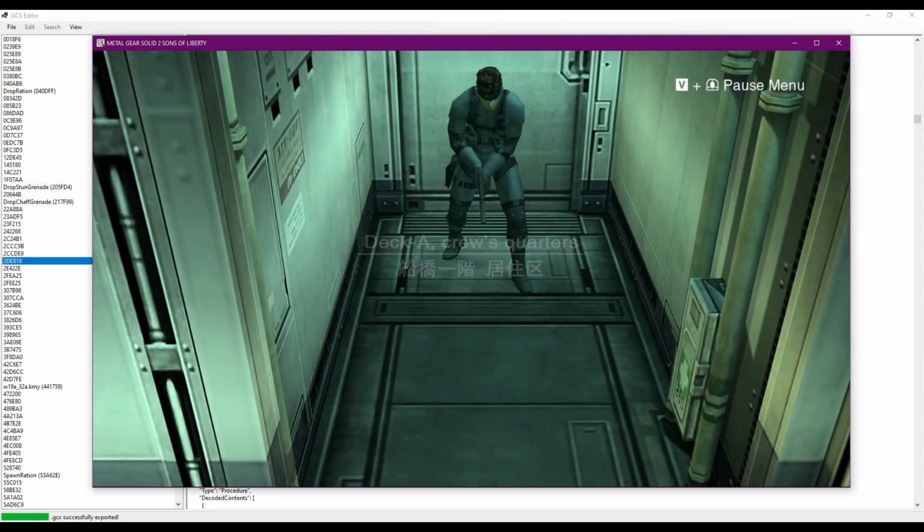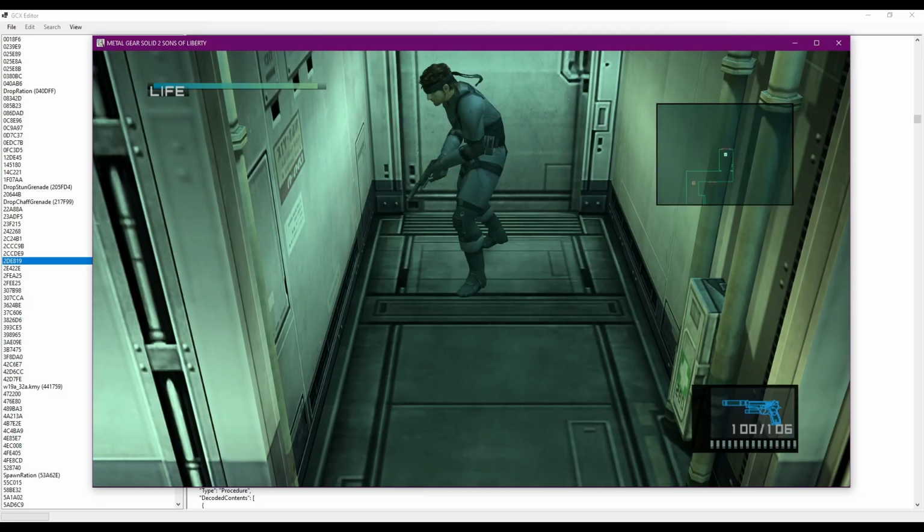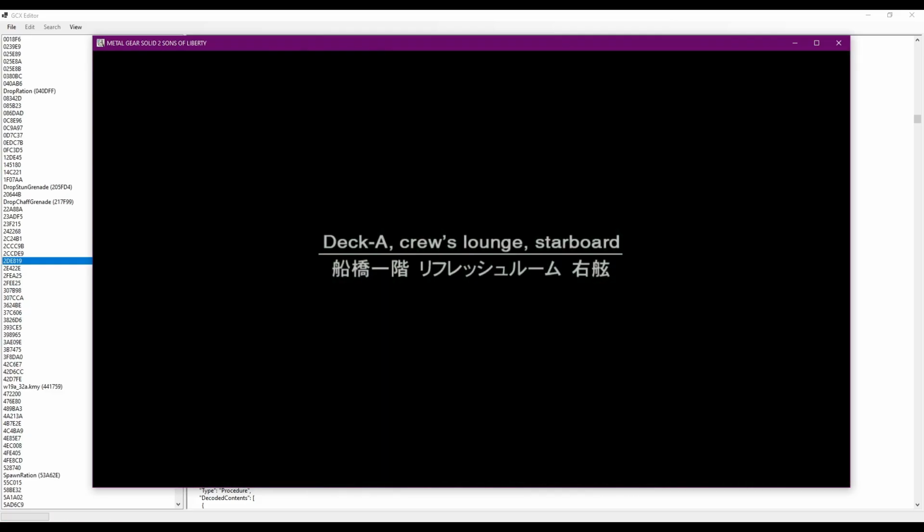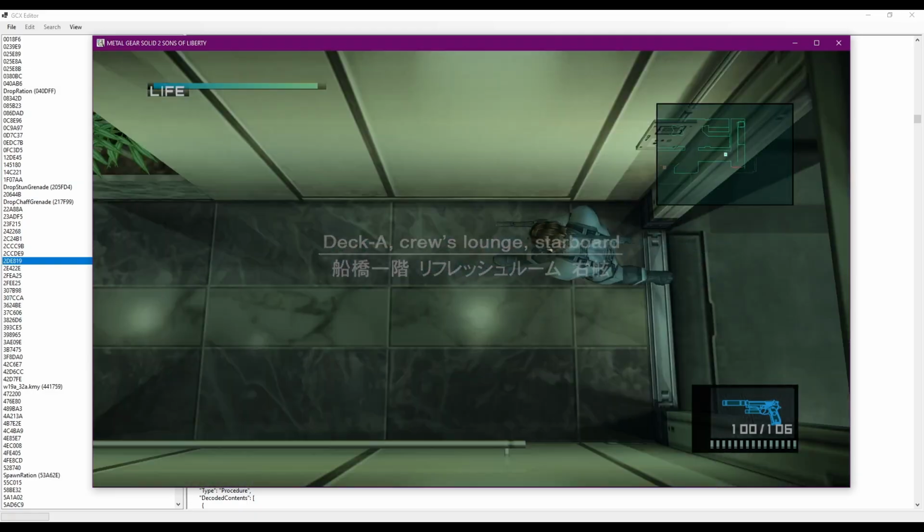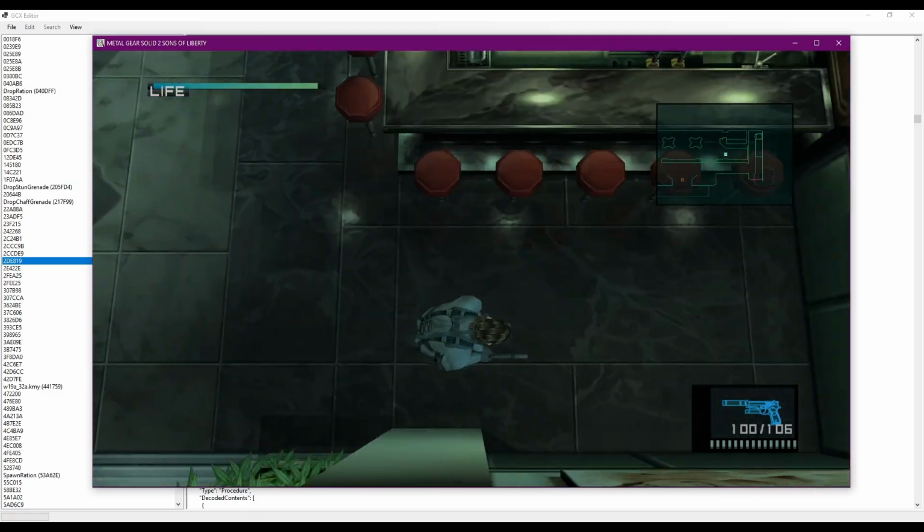And then once I export with the replace original file option turned on,